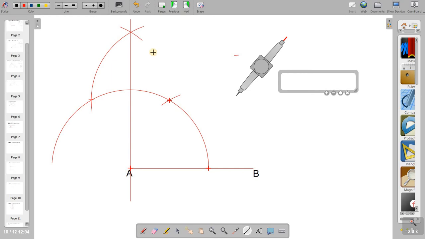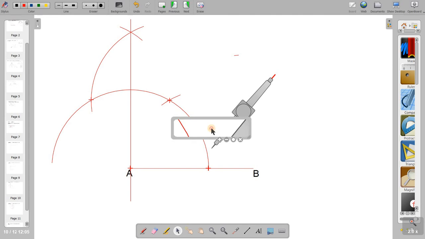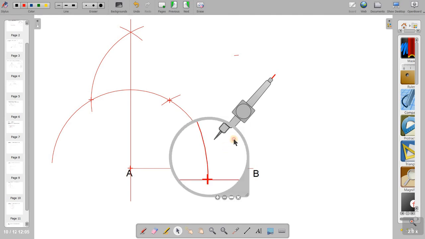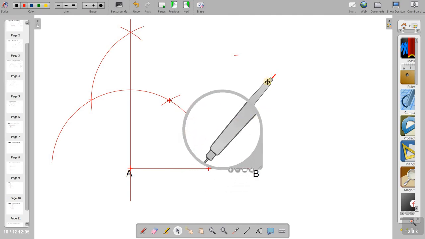Okay. Now I will have to draw a line parallel to AB at 4.3 centimeters. So first I will set a distance of 4.3 in the compass. The distance set in the compass is 3.4. So for 4.3, I will elongate to this side, this distance. It is now 4.3. You can see it with the lens. The distance is 4.3 centimeter.